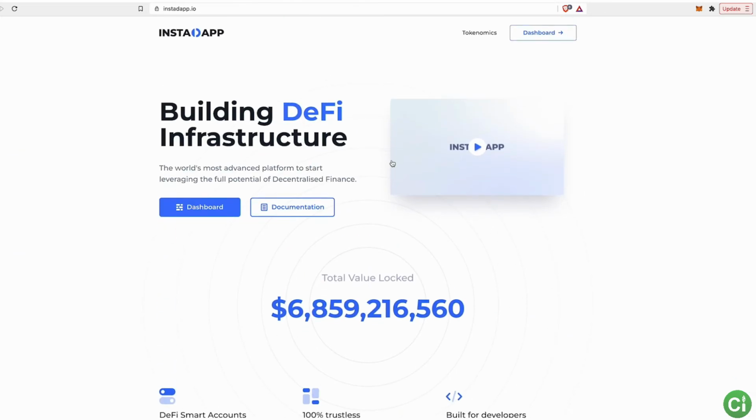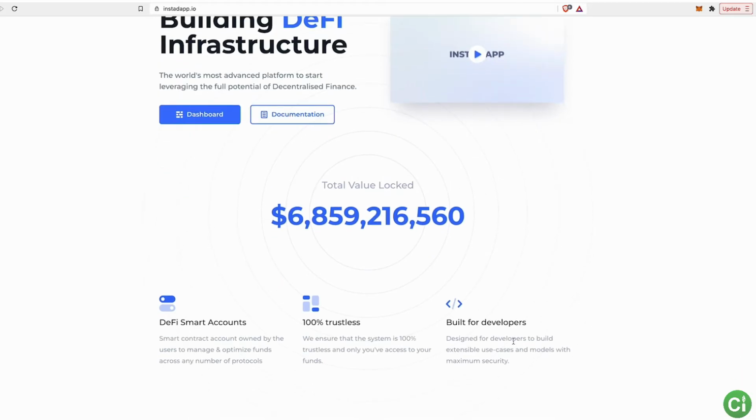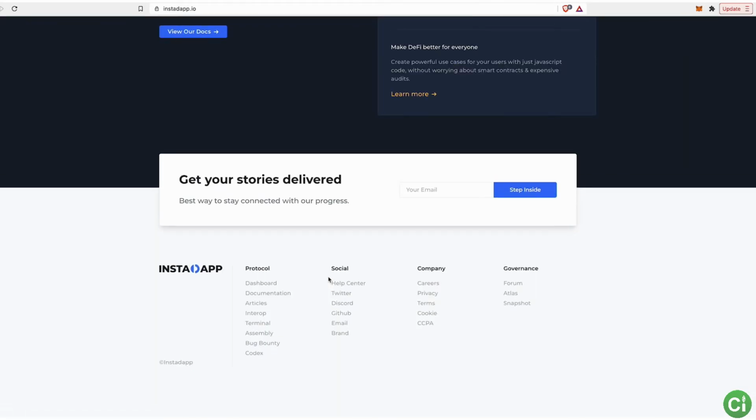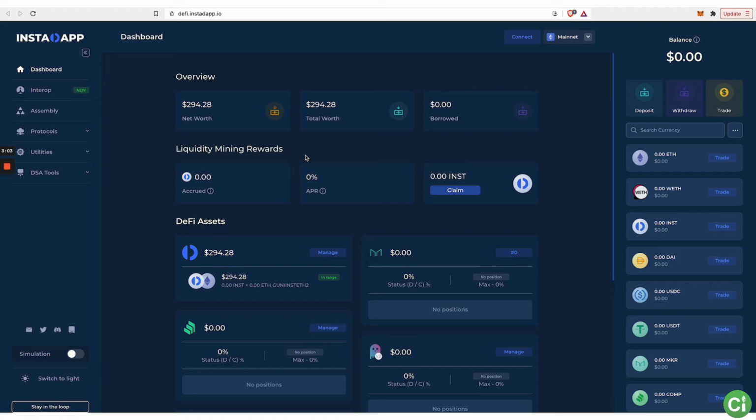Now, they also built on top of their technology. If you notice, this doesn't say our dashboard is fantastic, look at all these things you can do with our dashboard. They're talking about the smart accounts that they built and what developers could do for those smart accounts. Notice that. Other places you can find out more information about what you can do, but when you go to this dashboard, think about it not as here's how you do everything, but more as this is how they showcase what can be done. And this isn't showcasing everything that can be done. There's lots of things that can be done in InstaDapp that are not featured on this dashboard. This dashboard is just showing you what can be done.